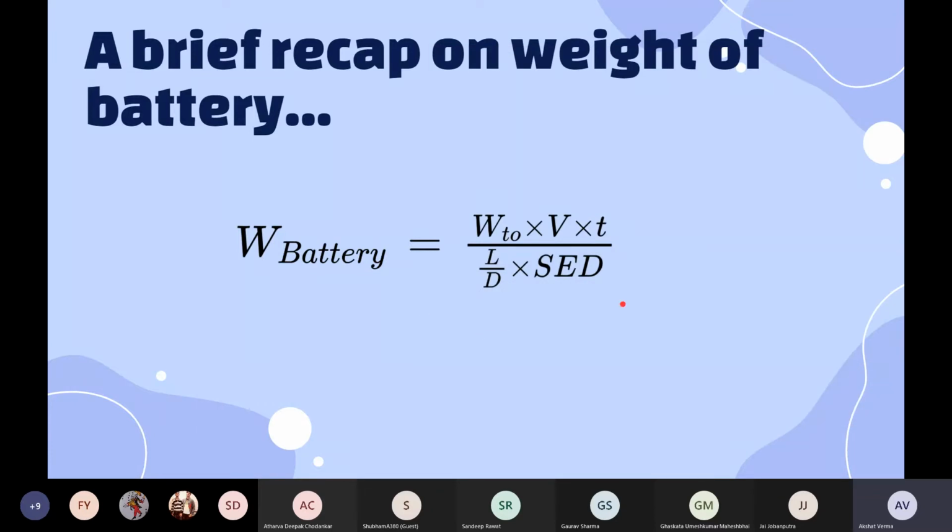Some people are answering that we equate the weights to get this formula, but I would like to tell you that we don't know the weight of the battery, and we don't know the total weight of the aircraft. So in no way can we go about equating the weights of different components. Those people who answered that we get this formula by equating the energy or by equating the power, they both are correct.